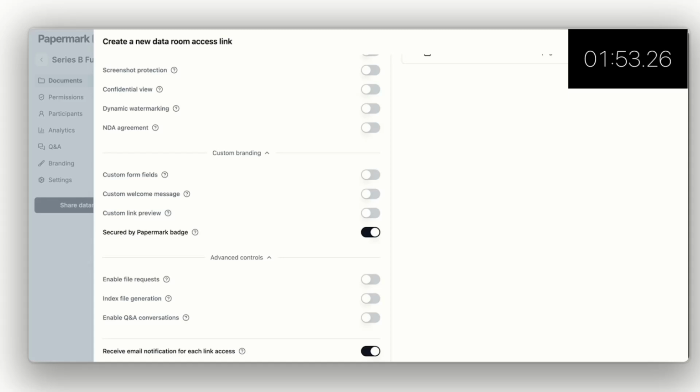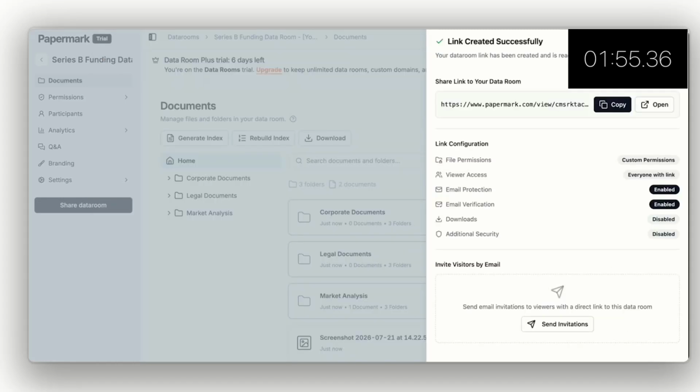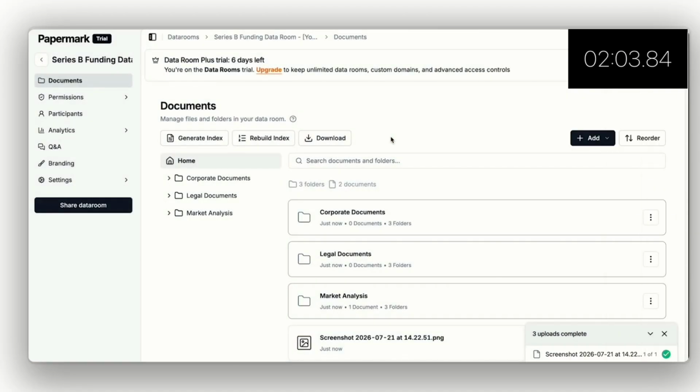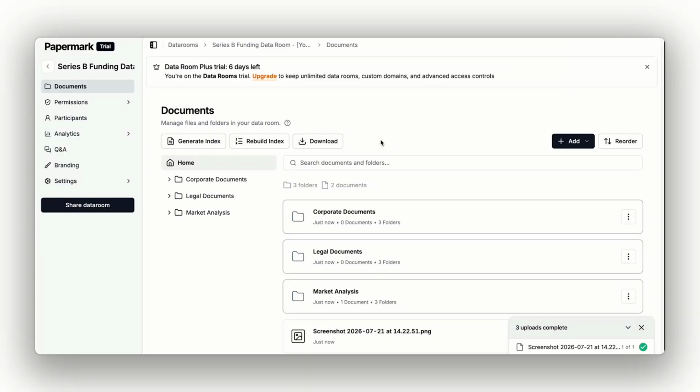So you just click save and share. And here you go, you can copy this link or you can invite someone via email. And here you see your link configurations, and that's it. That's how you basically build a data room. So as soon as you sign up, there isn't any real onboarding process. You can instantly sign up without a credit card, build your data room, and send it all in like 2 minutes. If you just want to test out Papermark as a data room, you can literally build one and send it